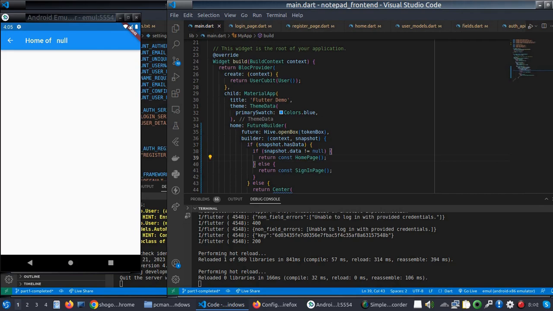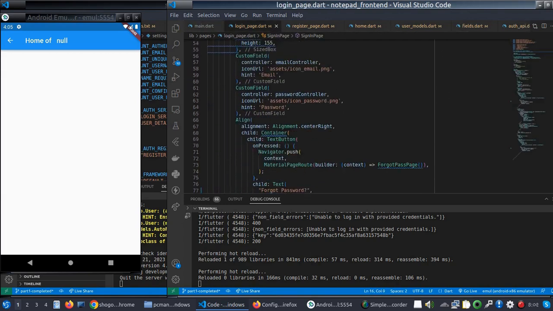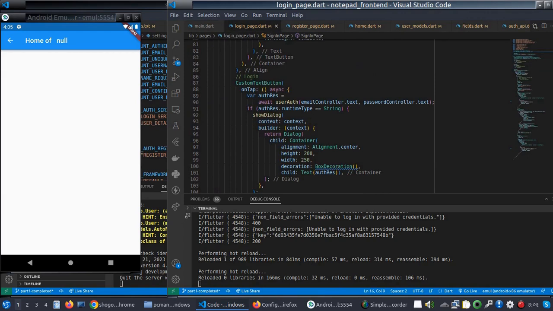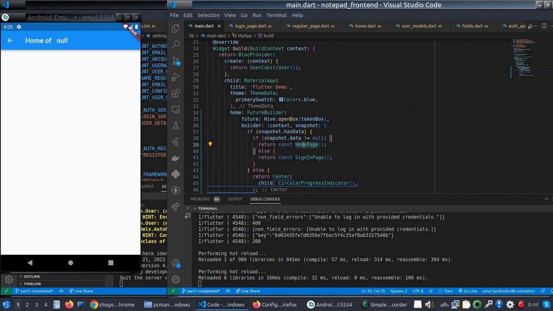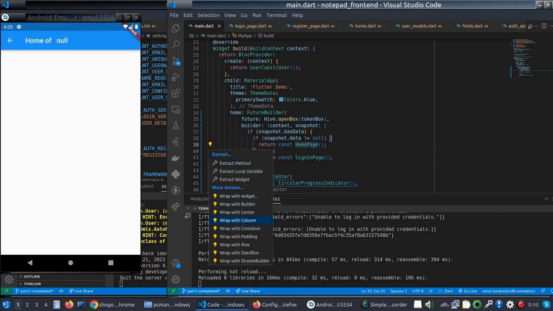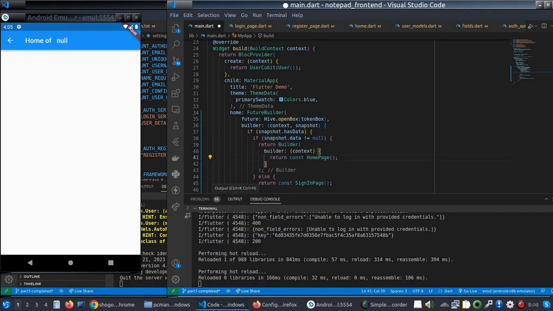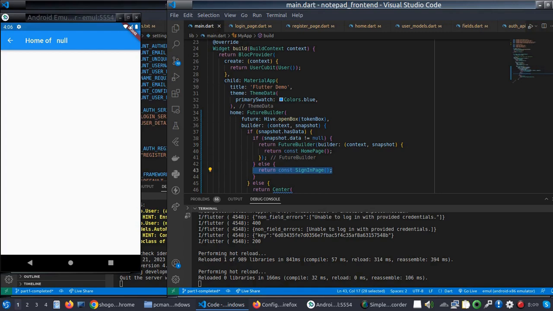So if the token is not null, we will ask for the user here, inside here. If the token is not null, we will wrap it with another FutureBuilder. So we will wrap it with another FutureBuilder, and we will have another snapshot, and if it is null, we will go to the sign in page, and if it has error,